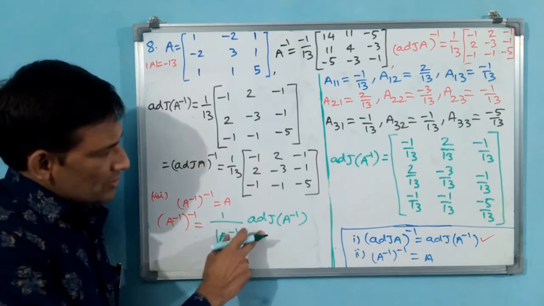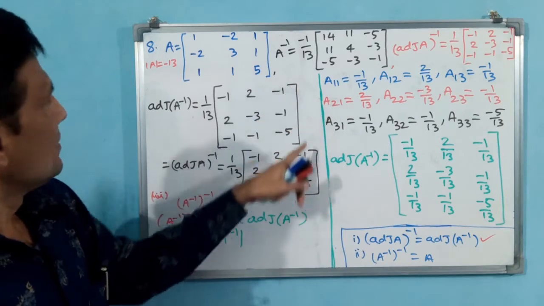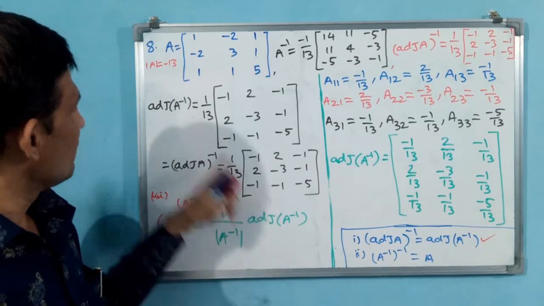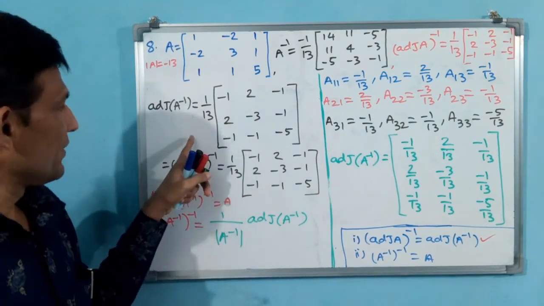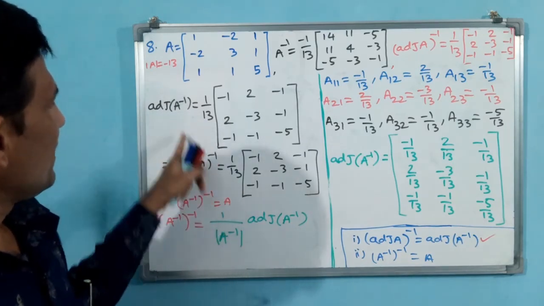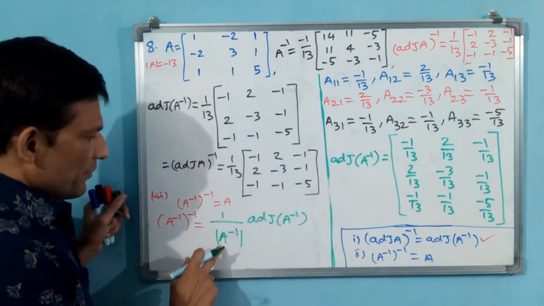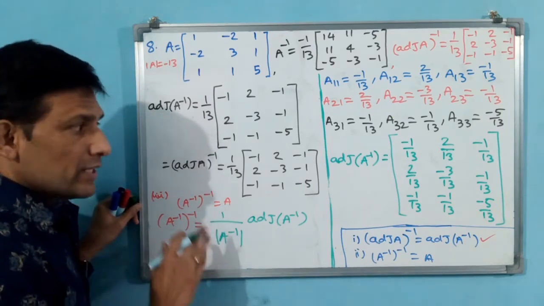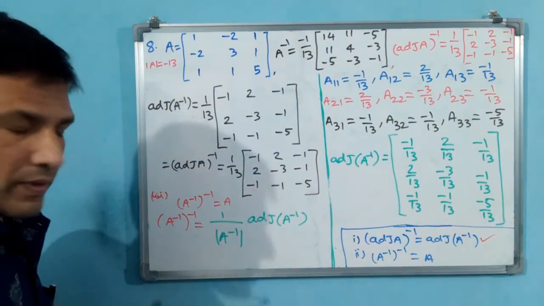Adjoint of A inverse, have you got? Yes, adjoint of A inverse here you are having. That is why I have not removed it. This you have to keep in mind. We already have adjoint of A inverse, or else we can say adjoint of A inverse is equal to adjoint A whole inverse. But you have to find 1 by determinant A inverse. Determinant A inverse also we have one formula. What is that formula? I am telling you, see.